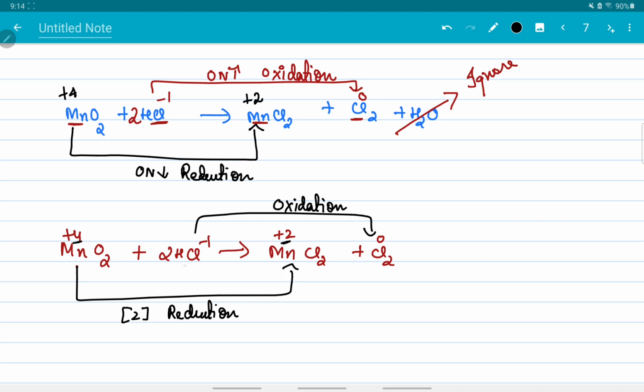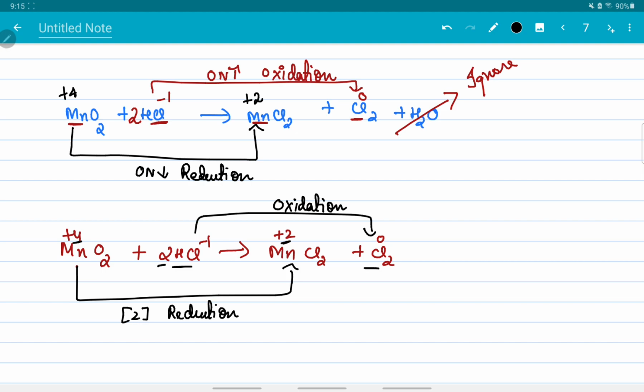And over here, in the case of HCl, people often get confused, so pay attention. People think that Cl has minus 1 charge and this Cl has 0 charge, so the overall difference will become 0 minus of minus 1, that is, it will become plus 1. But this is wrong. That is what people get confused about over here. The first step was to balance those specific elements, and I told you only after balancing those specific elements you are supposed to do the cross multiplication step.